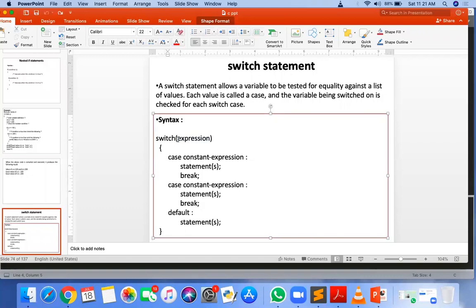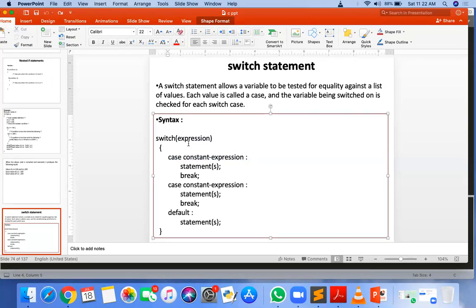For example, suppose there is a choice variable, and we want to check the different possible values of that choice. Suppose the legal values are 1 2 3 4 5, only 5 values, so we can put case 1.